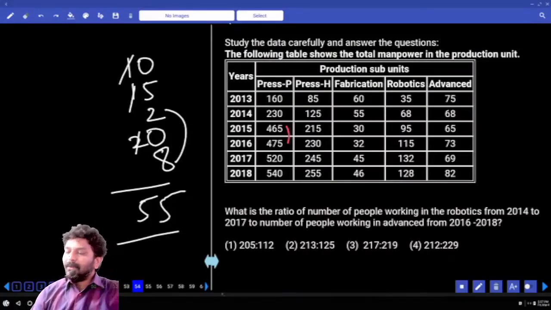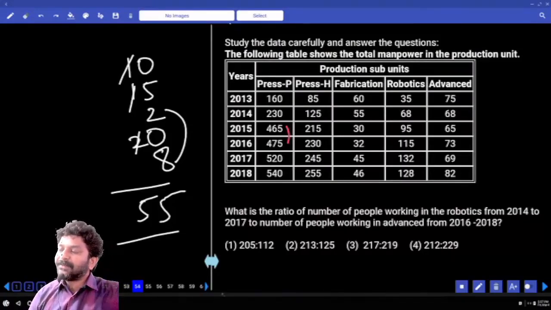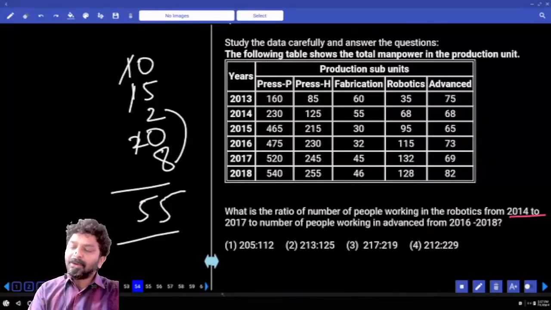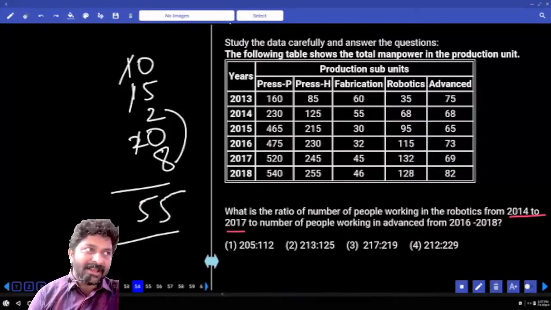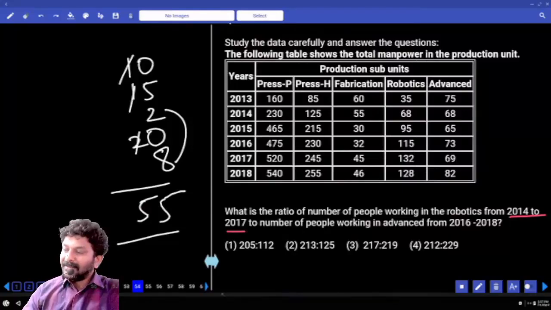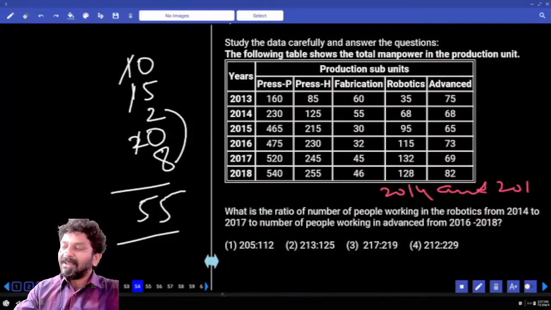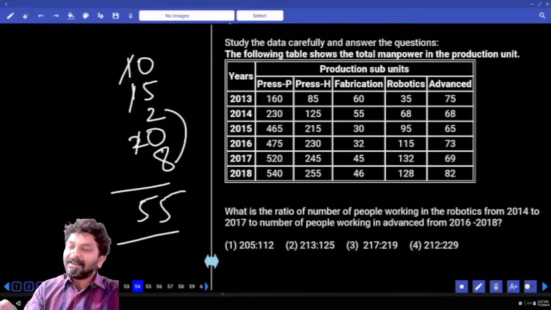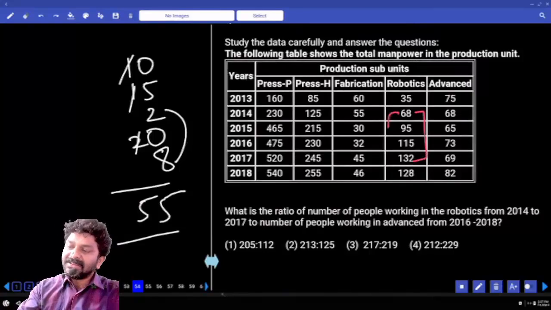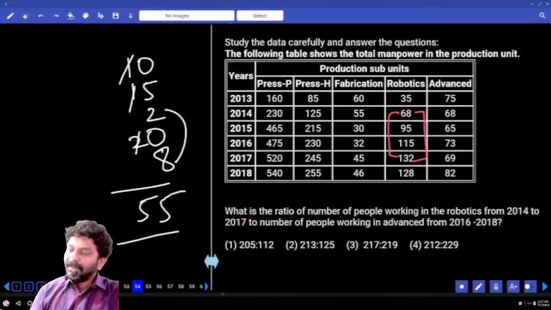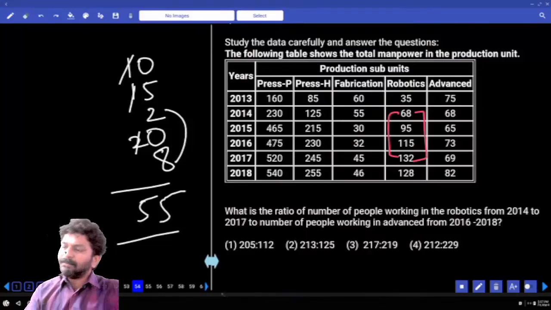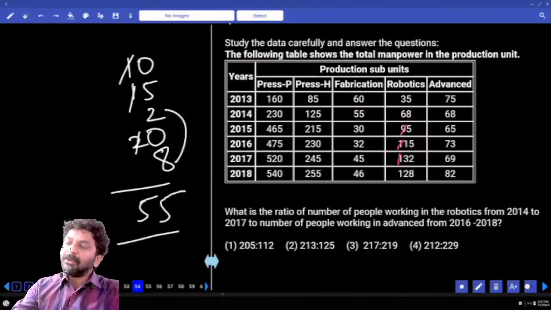What is the ratio of the number of people working in robotics from 2014 to 2017? I told you earlier. Sometimes they will say 2014 and 2017, but here it is 2014 to 2017, so the gap we have to consider, correct? Robotics 2014 to 2017, this value we have to consider. Am I right? It is about the ratio. 100, 200, 290,